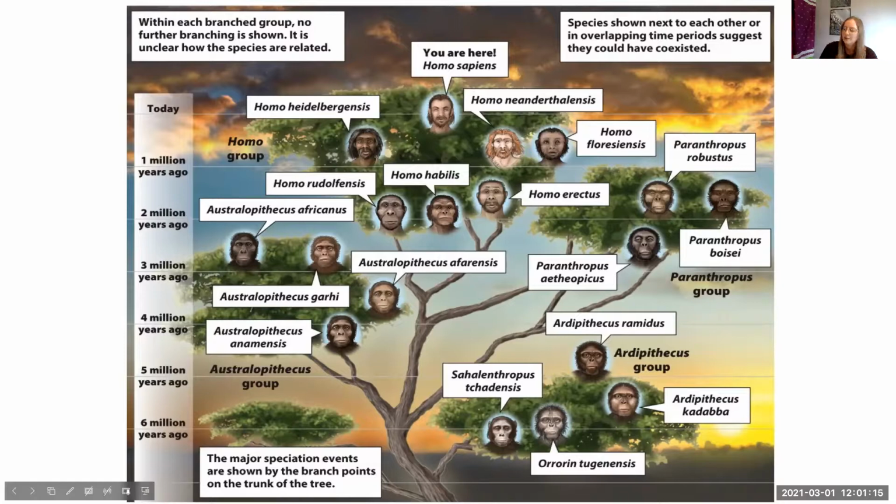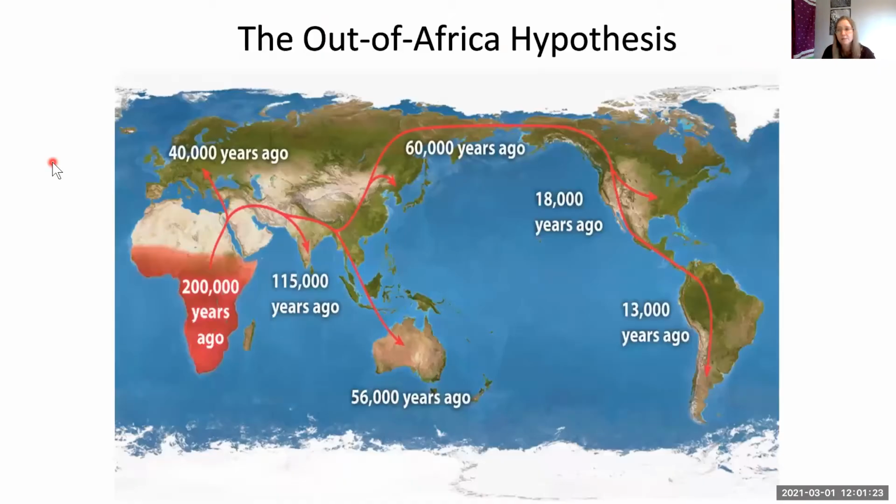The original human Homo sapien that existed in the world, we think was from sub-Saharan Africa. We call this the out of Africa hypothesis. So humans, Homo sapiens, were living in the continent of Africa, but below the Sahara. So sub-Saharan Africa, probably around 400 or 300,000 years ago. And then something happened in 200,000 years that caused humans to migrate. So I'm saying humans, but I mean Homo sapiens.